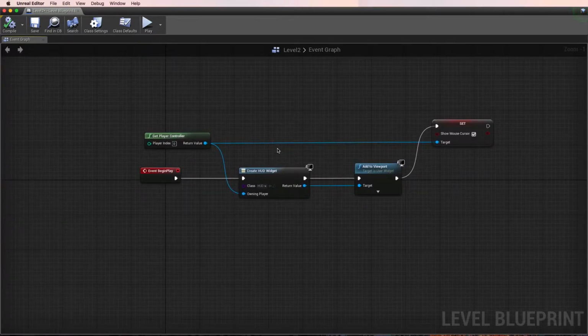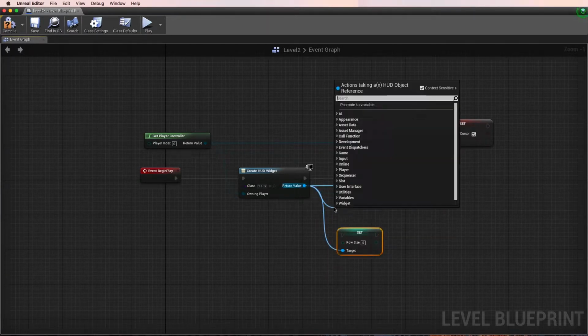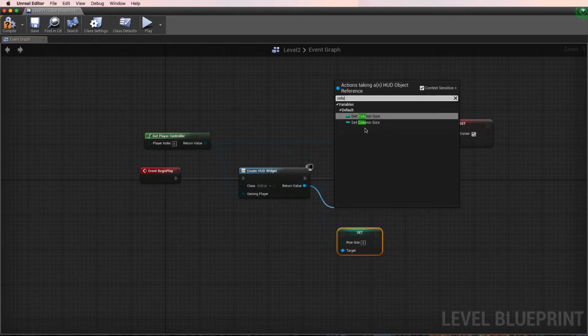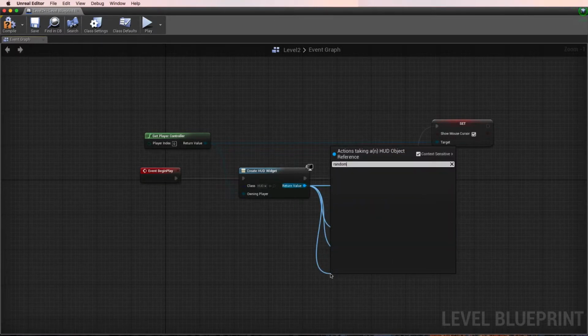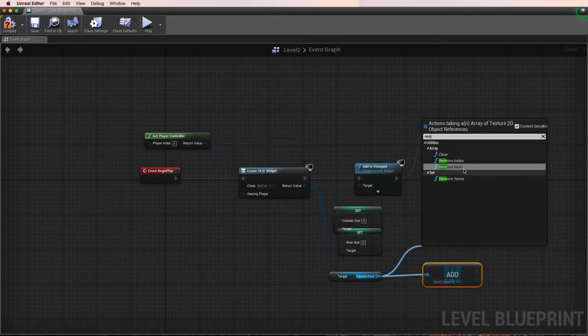Drag a connection from the return value in the Create HUD widget, and find Set Row from the Actions menu. You can do the same thing for the column, or you can do the same thing for the random pool. If you get the random pool variable, you can drag a connection and find Add or Remove. Once you are satisfied with your logic chain,